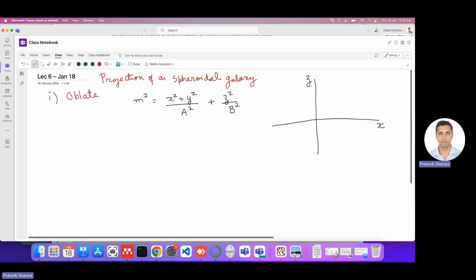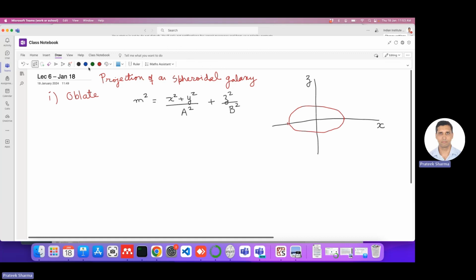So z is the axis of symmetry, right? Because it's equal size in the perpendicular direction. This is how the ellipse looks like,